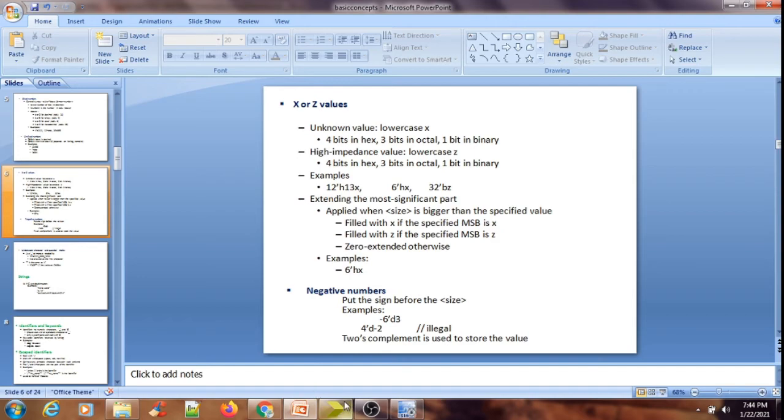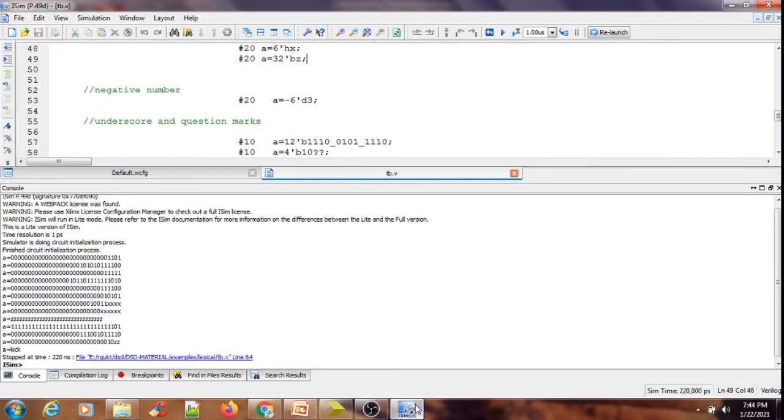Okay, let us see here. I am having minus 6 decimal 3. So the 3 is my number, 6 is the quantity or size, and D is the base format. Okay, so you can do the 2's complement and find out the result for this one. This is what you are going to get as the result, A equal to something, this one. Okay, now moving to the next one,